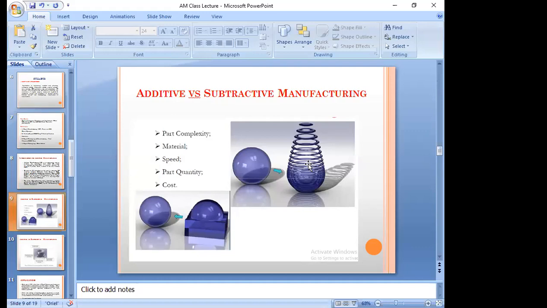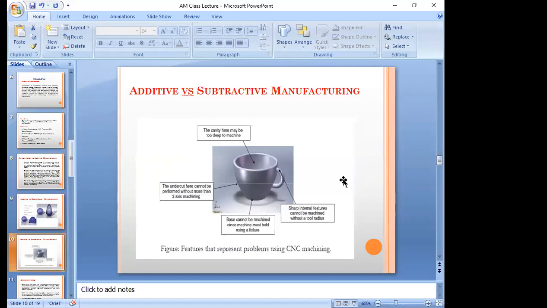In additive manufacturing, we are depositing the material step by step, and we are getting the final product. You can see it here. In subtractive manufacturing, we are removing the material. The name itself makes it very clear that we are removing the material, and finally we get the product output. But why are we going to implement this additive manufacturing technique? Because we have some drawbacks in traditional manufacturing systems.